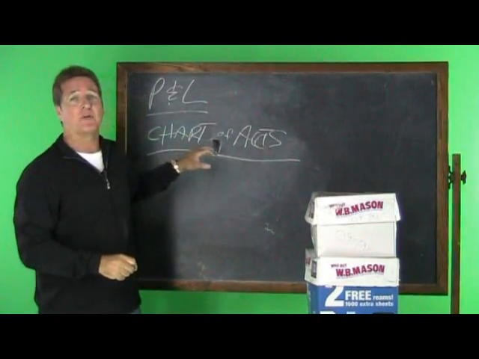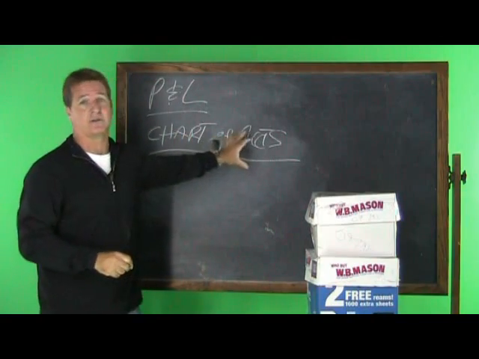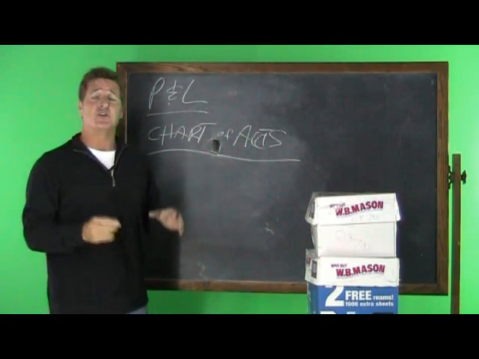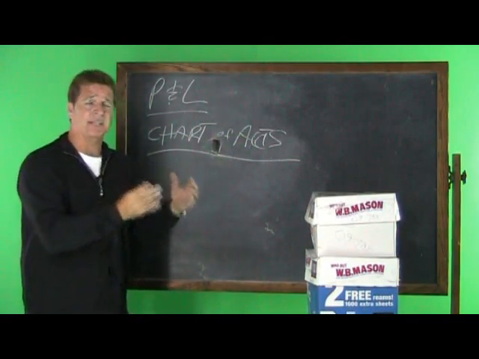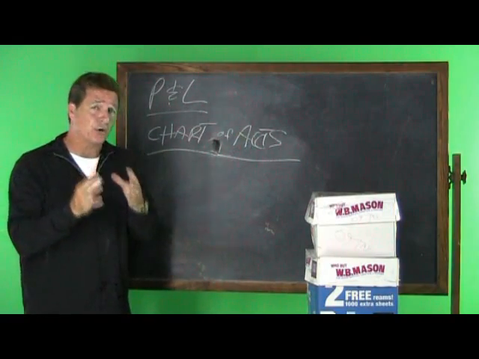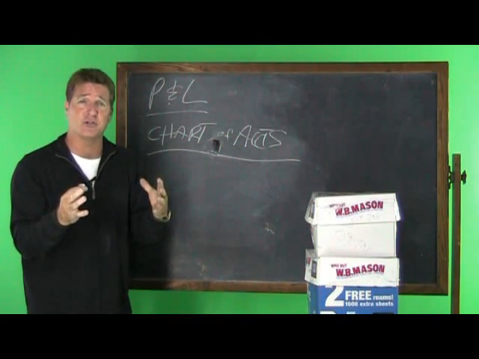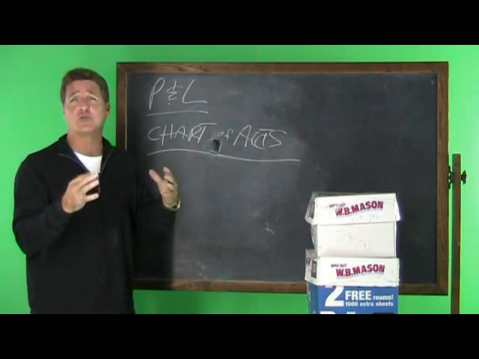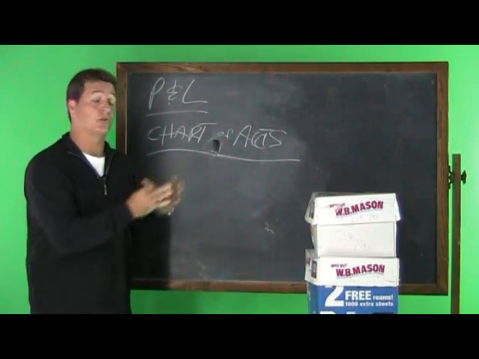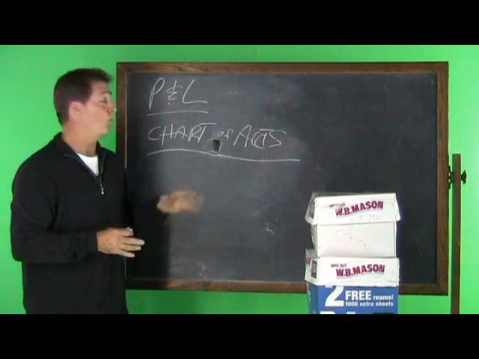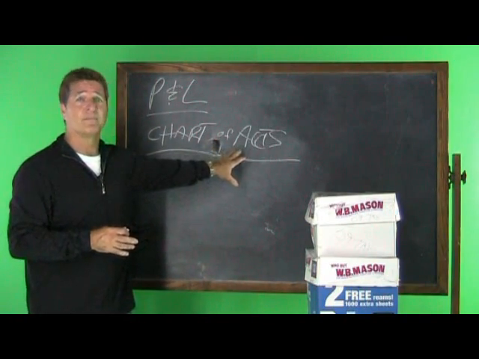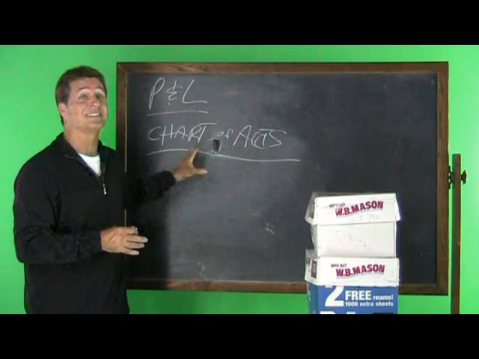Now, a chart of accounts is probably the most important feature of this profit and loss statement. If you're not already using a system like Peachtree or QuickBooks, I'd really urge you to go out and get one, and I'd recommend QuickBooks. I think it's a very, very easy program to use. What I love about QuickBooks is you can really grow your operation into the millions while still using a very simple program.